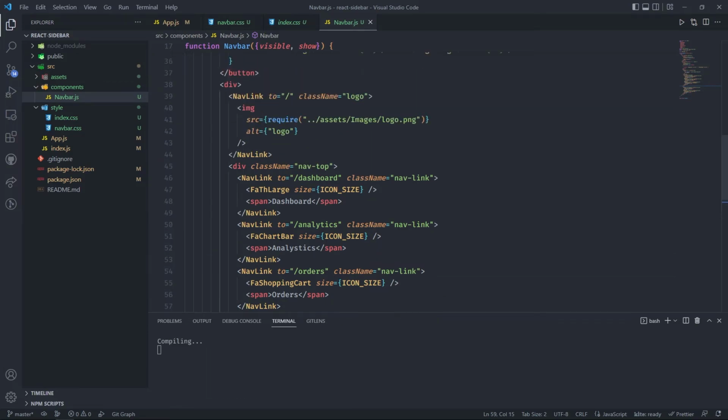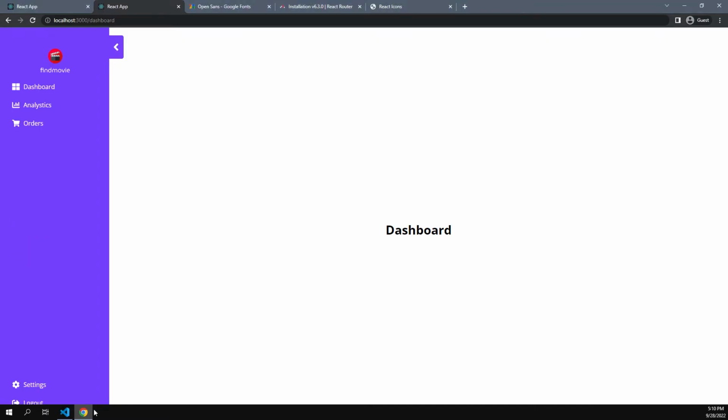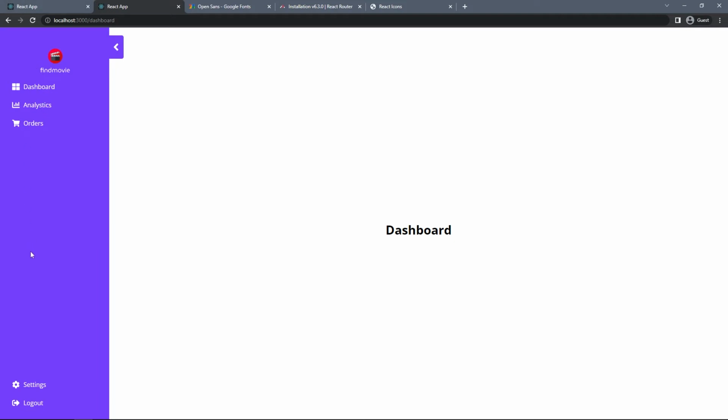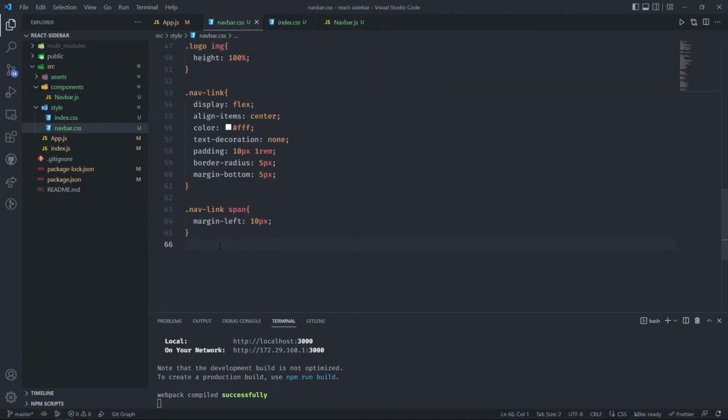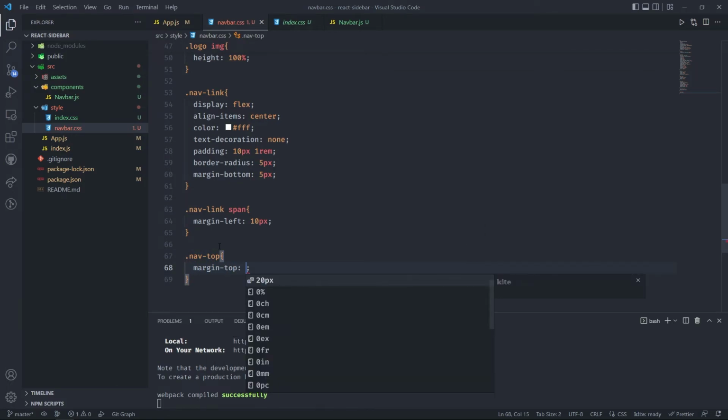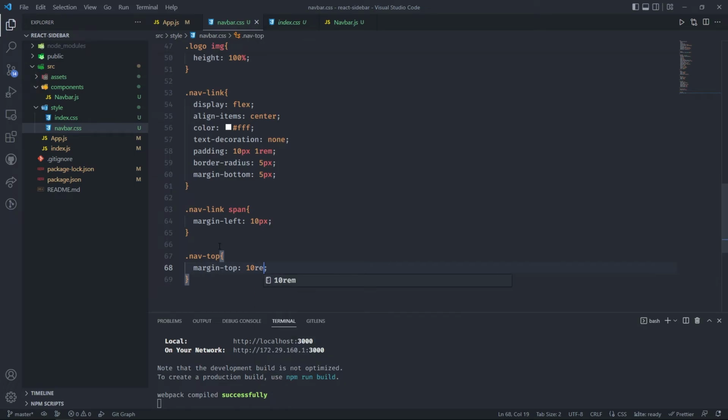We don't want this link at the center. Rather, we want just to have them at the top with some margin from the logo. So now let's add the margin here. We can type nav top, then we can add a margin top 10 pixels or 10 rem,